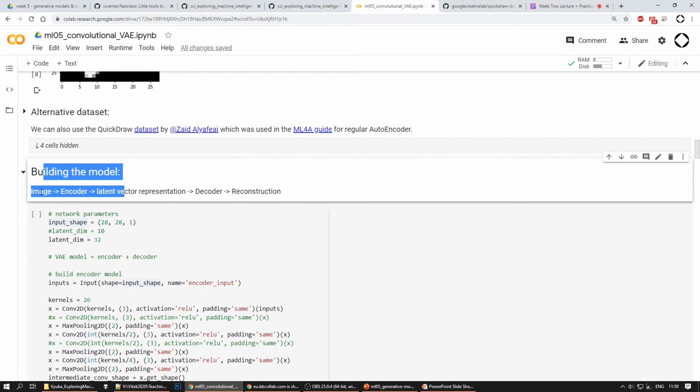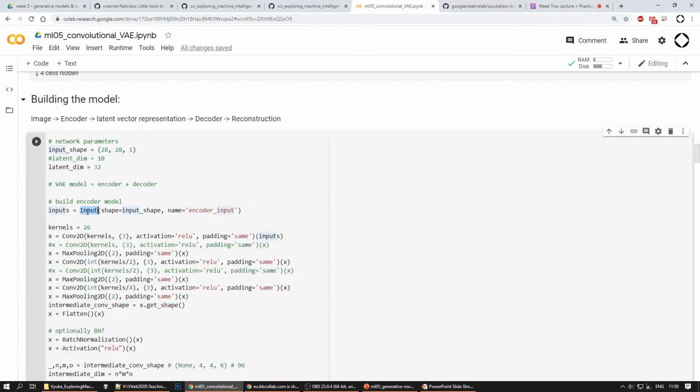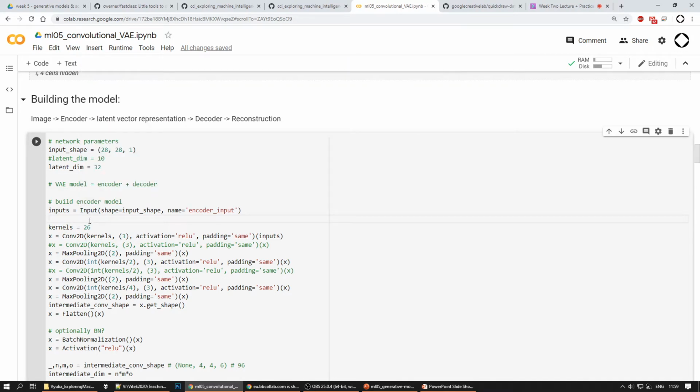This part of the code is us building the model. So if you remember, we are using the same building blocks that we used in our previous classes. When we were working with the convolutional neural network, we were building a network from convolutions, and previously we were building the network from fully connected layers. So here, we are following the theoretical explanation that was in the class, but actually writing